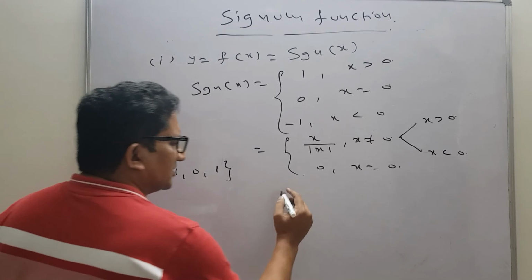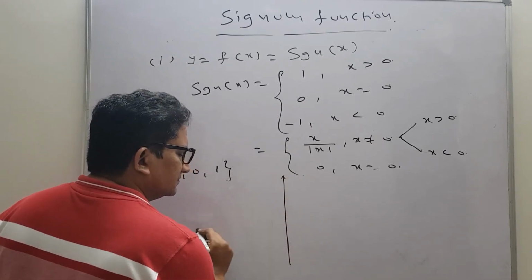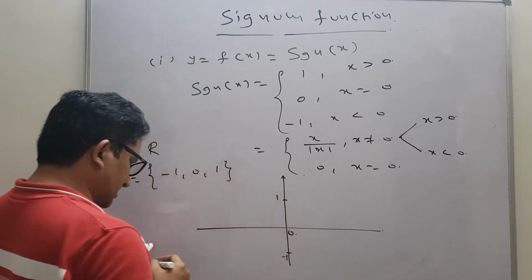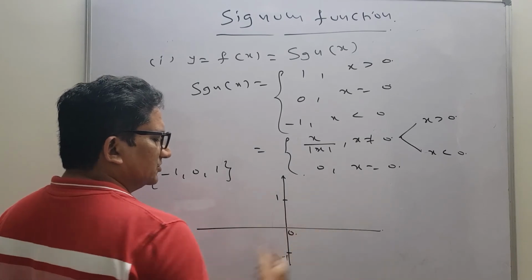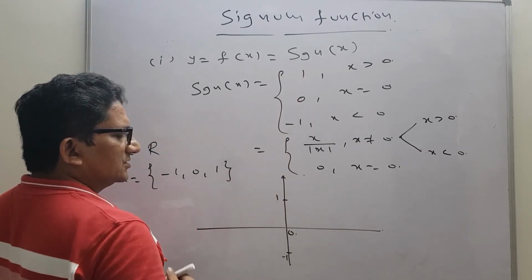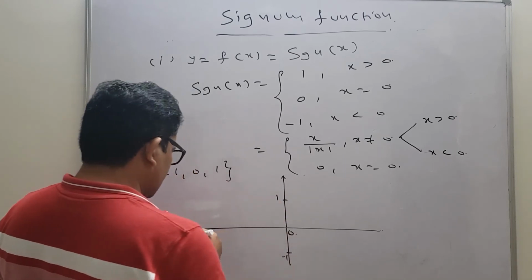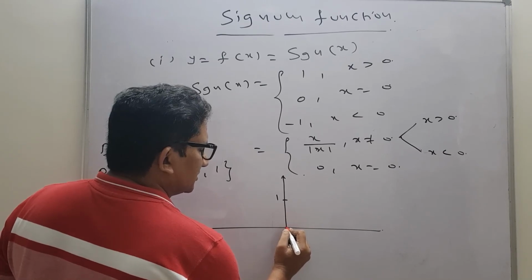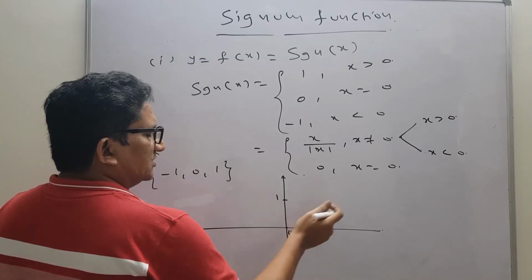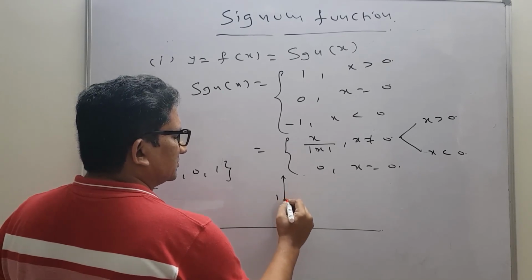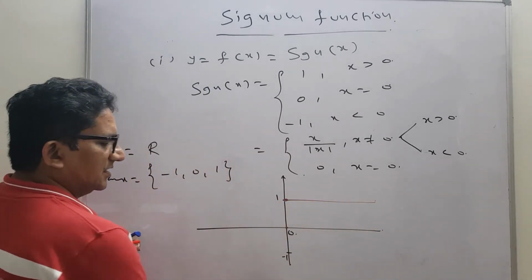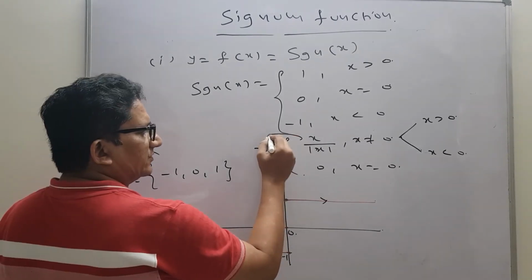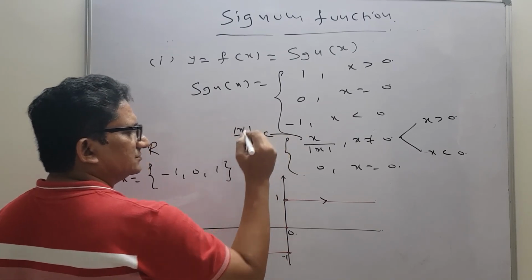Based upon this, let us draw the graph of this function. Here we will keep 0, here 1 and here minus 1. When x is more than 0, it will be 1, so a straight line. Here I will keep a mark, because when x is 0, y is also 0. From more than 0 onwards it starts the y equals 1 line, so I will take a line like this. And on the negative side, one more line like this. So this is your signum function. Here you can also write it as x by mod x.